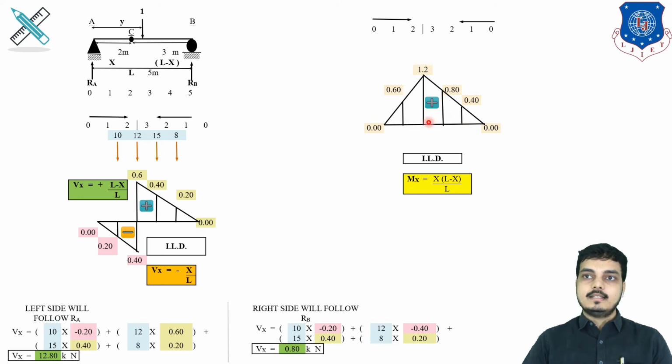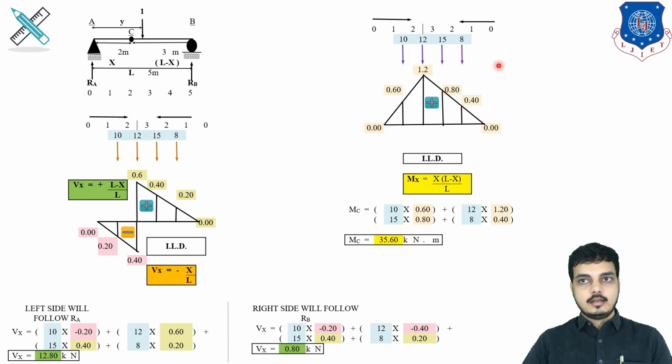Like from the left hand side, as I said, this triangle will be split into two parts. From the peak value there will be a left hand triangle, and from the peak value there will be a right hand triangle. For the right hand triangle the remaining distance is 0 to 3, and for the left triangle the remaining distance is 0 to 2. So the relation will be like for 0 to 2, for 2 meter it is 1.2. So for 1 meter, how much is it? It is 0.6.